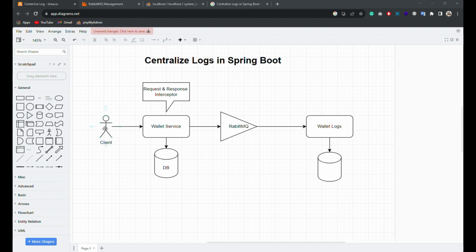So a client sends a request to this service, which is built in Spring Boot. The request reaches the dispatcher servlet, which filters the endpoint and sends it to a handler mapper, and the handler mapper passes the request to an interceptor. I have used the interceptor to customize our request and also the response, and then I have